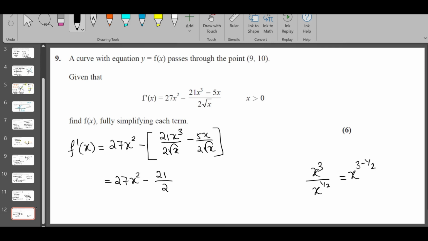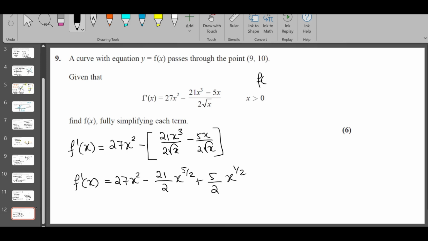minus half is 5 over 2. And then negative times negative, positive 5 over 2. X over root x is just x power half. That's f dash of x. So you write f of x is equal to, just show this step, just to show them that we are integrating 27x square minus 21 over 2 x power 5 over 2 plus 5 over 2 x power half dx,